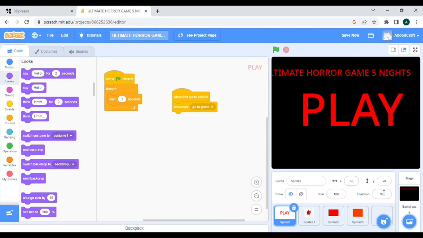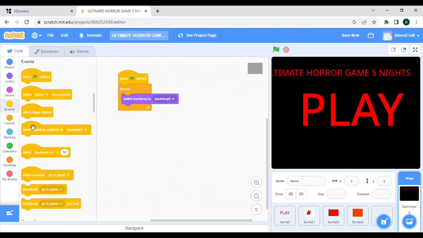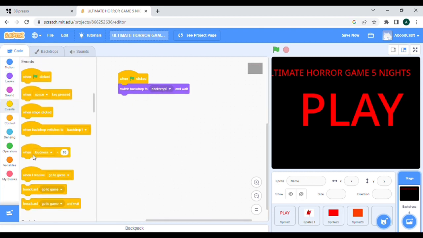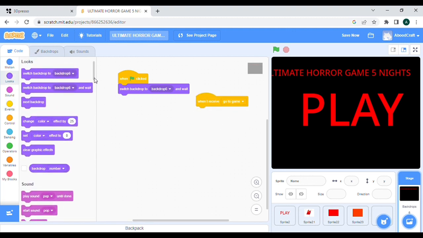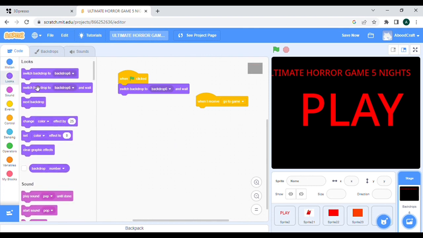When this button is clicked, broadcast go to game. I was wrong. Anyway, let's go back. When I receive go to game, switch backdrop to